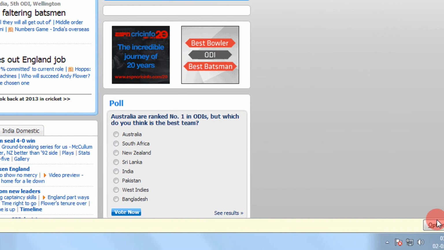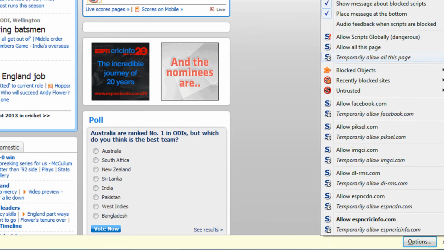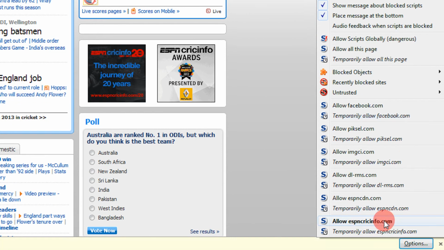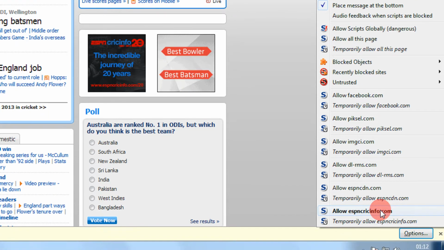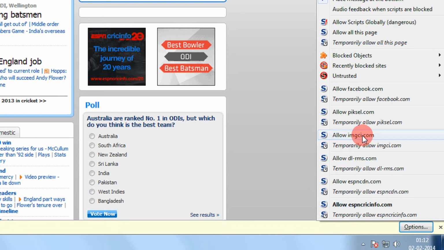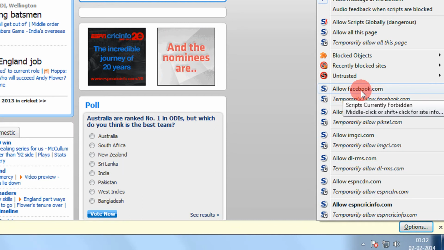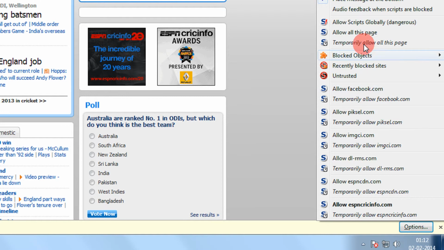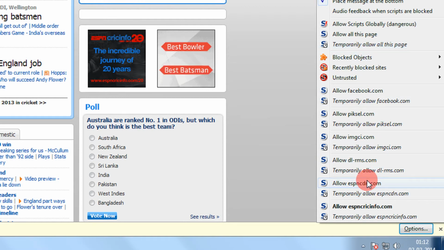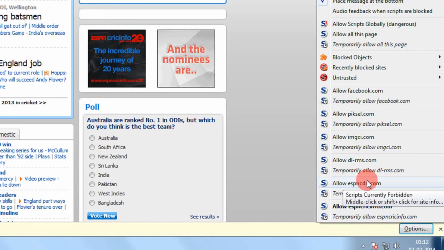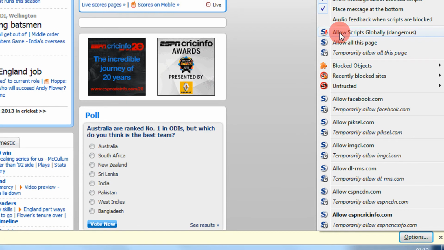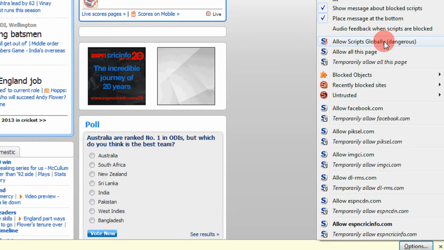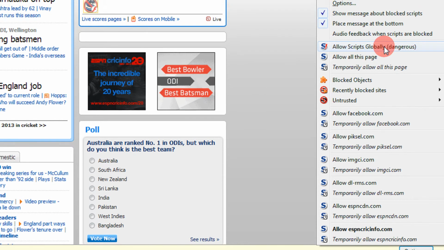When I click on options in the bottom right, I can see: allow espncricinfo.com, this is the main website. Then allow this, allow this, allow facebook.com. So you have a plethora of options. The issue with NoScript is you need to take some time to configure it properly. For example, this option, allow scripts globally, is the most dangerous option. It's almost like you don't have NoScript installed.